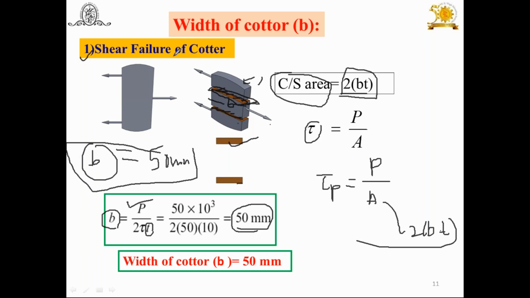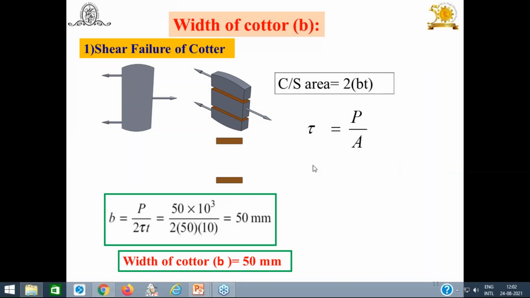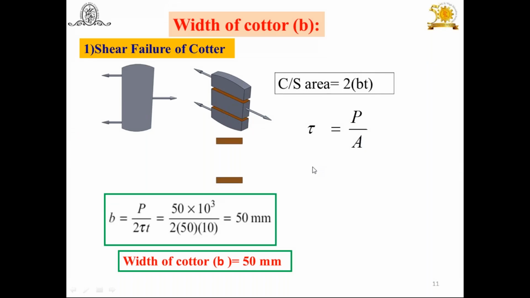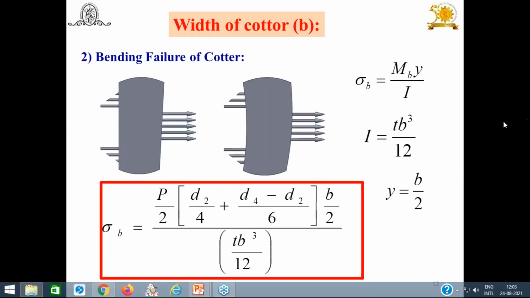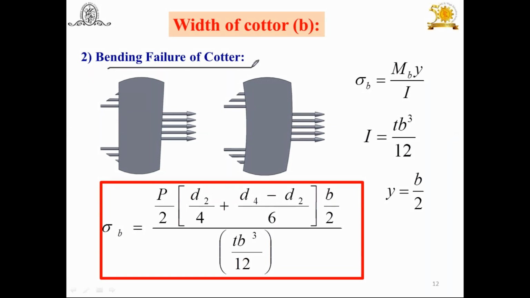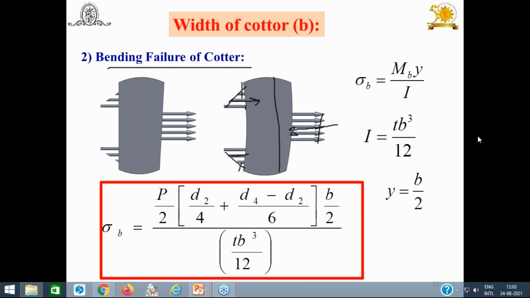But whether this 50 is sufficient to take the bending load, we don't know. Shear failure occurs when the joint is a very tight one, because of that there may be a possibility of shear failure. And if there is a clearance between the quarter and the slot, that time there may be a possibility of bending failure. Yesterday we talked about this, the bending failure of the quarter. Because of this bending, yesterday we considered the wearing load, UDL, then converted it into point loads, 1/3 from this side and 2/3 from this side, and by making the analysis we derived one of the relations, and this relation is this